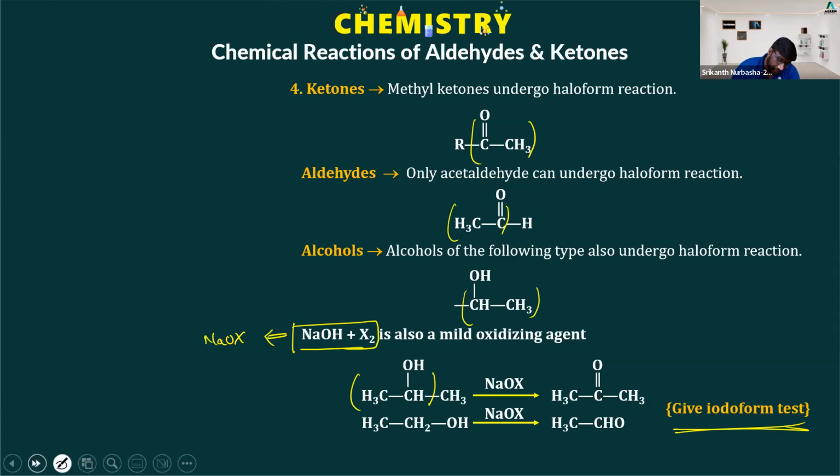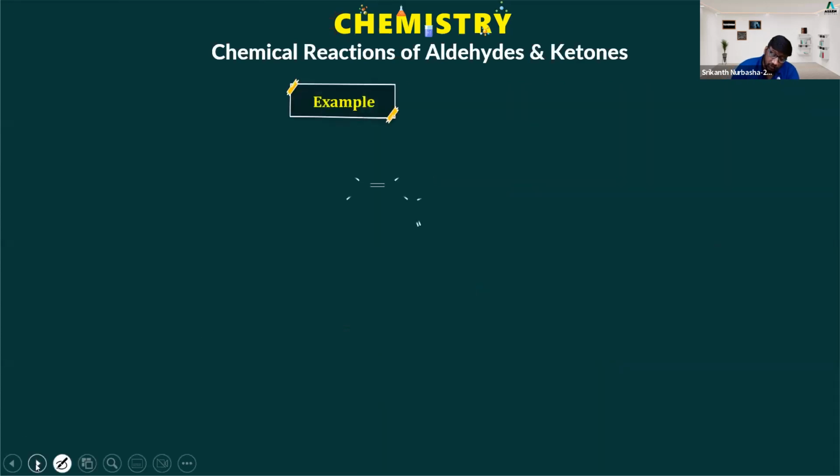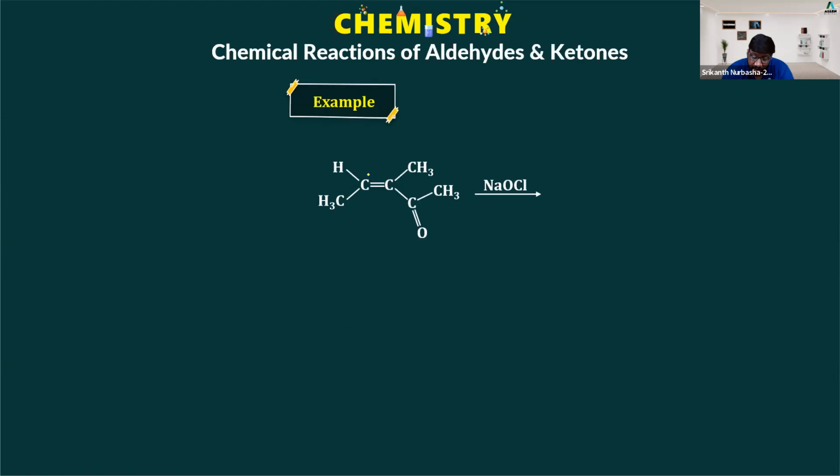Let us look at some examples also. CH3CH=C(CH3)... with NaOCl. What will happen? NaOCl means you can understand this as NaOH plus Cl2. That means they are talking about a haloform reaction. A C=O CH3 group is present, so the C=O CH3 group will be converted to the respective